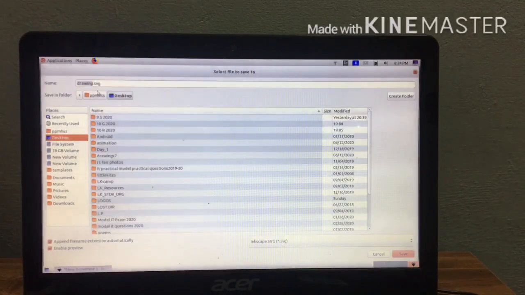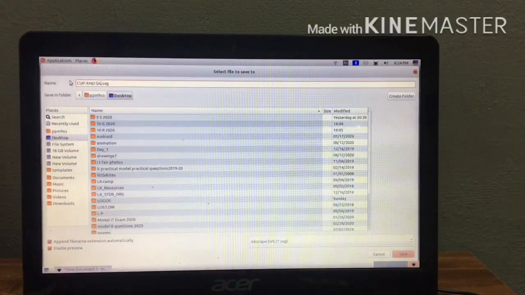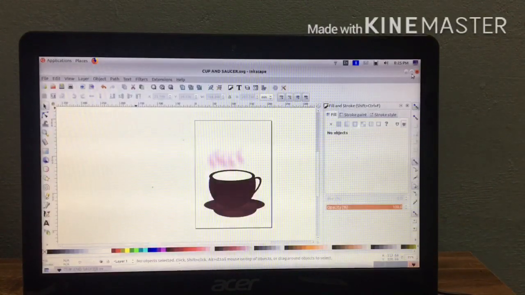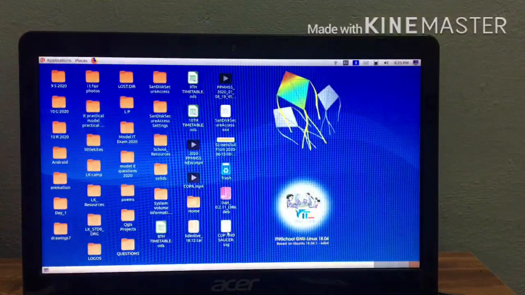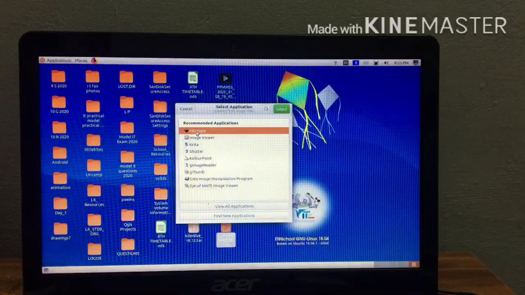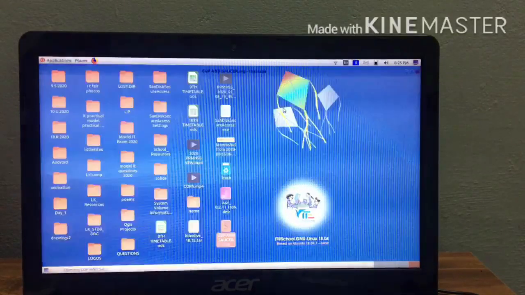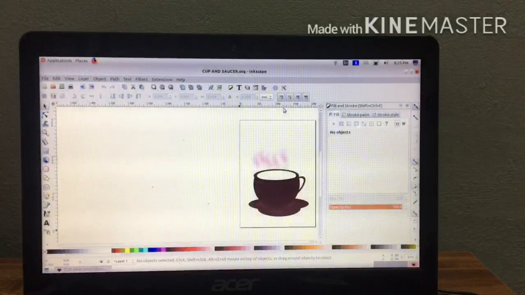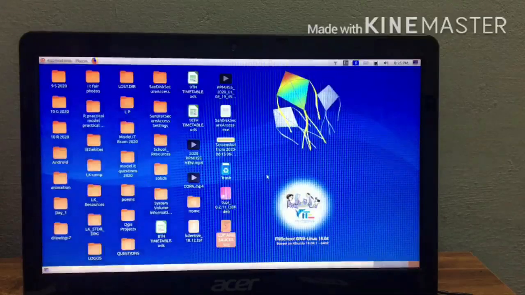Save as, I am saving to desktop, file name cup and saucer, then save. Our cup and saucer are saved. Now you have to open our file. Just right click, open with, select Inkscape and OK. Then you can see our cup and saucer there. Okay, so thank you everyone.